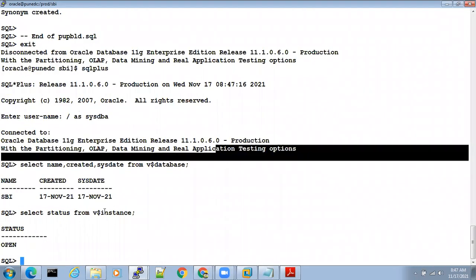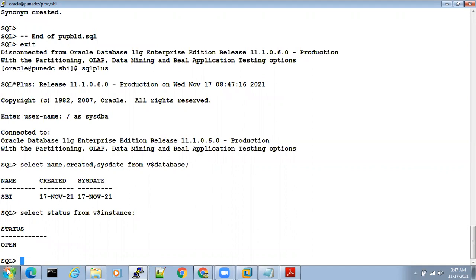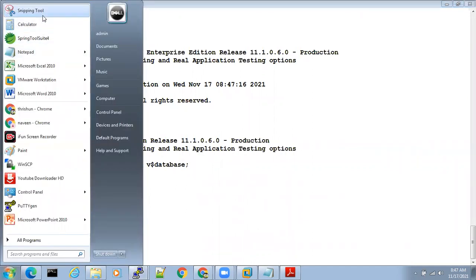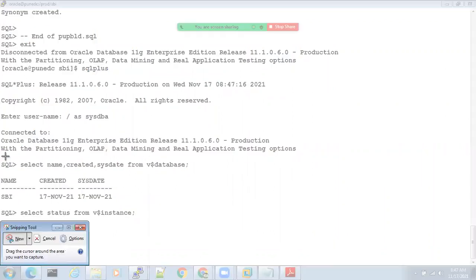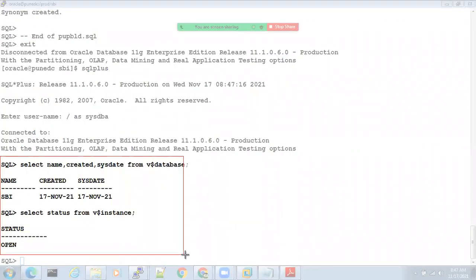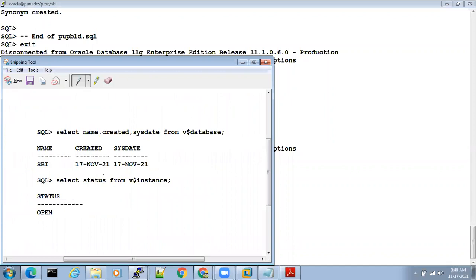I need this screenshot. Everyone, today, I need this screenshot like this. You have to take the screenshot, copy and paste in the group. Just copy this and paste in the group. Hi sir, database creation completed successfully. You have to paste this output in the group.